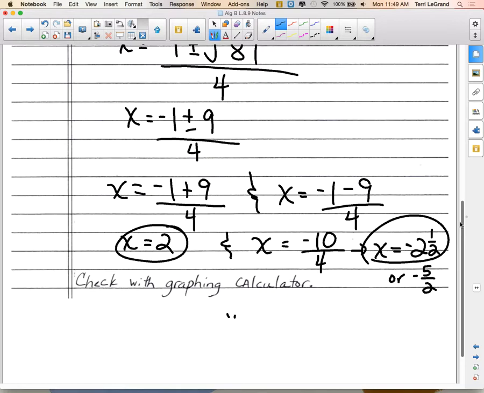Remember how to do that? Second trace, and then I think the first command is value, right? Press enter, type in 2. And it should give you